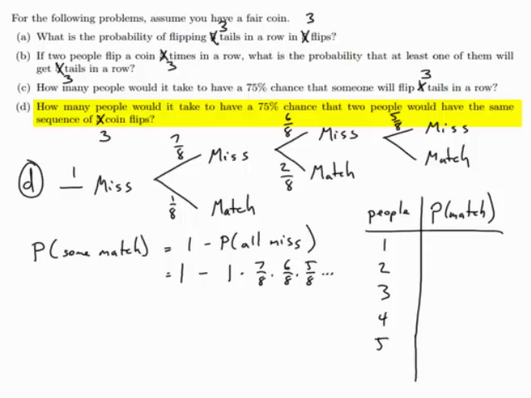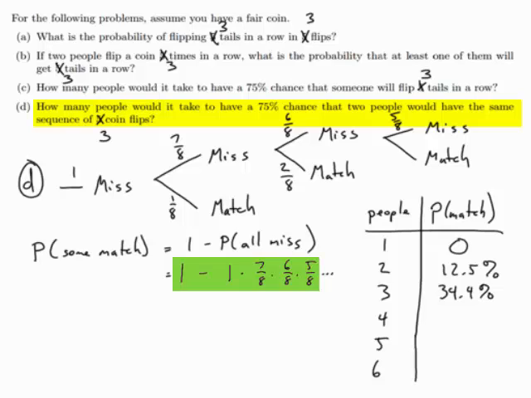So 1, 2, 3, 4, 5, 6. If we have only one person, then there's no way for two people to match. So probability of matching is 0. And we can see this by looking at the formula that we have. If we only use the first term, 1 minus 1 is 0. With two people, we have 1 minus 1 times 7/8, which is 12.5%. If we have three people, it's 1 minus 1 times 7/8 times 6/8, which is about